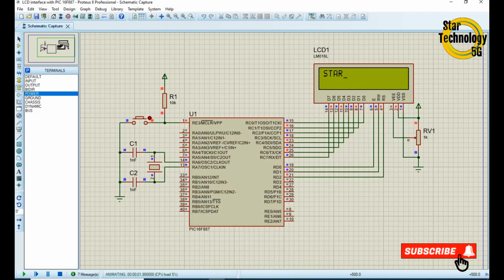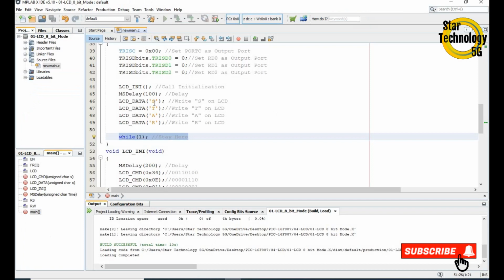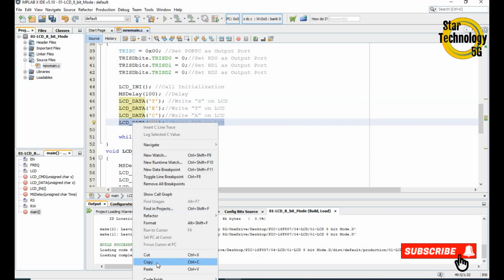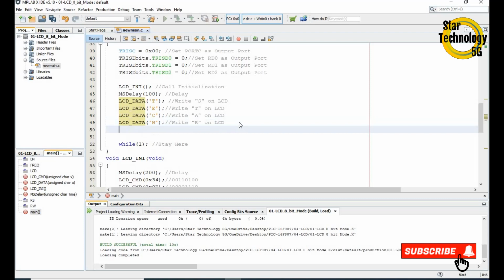You can see it displays star. If you want to change any data, any data you write in these commas, it will display on the LCD. You will copy this line.